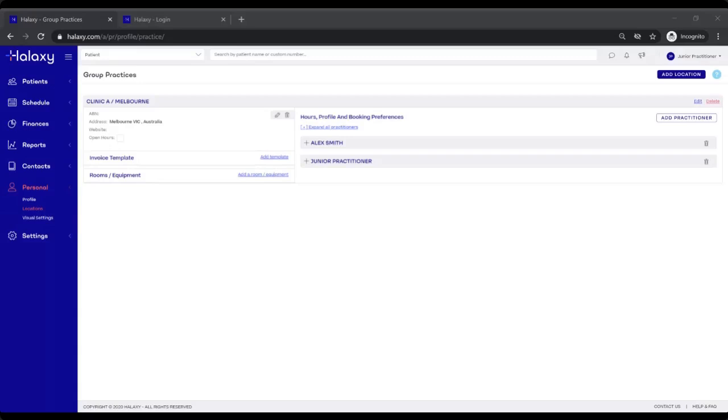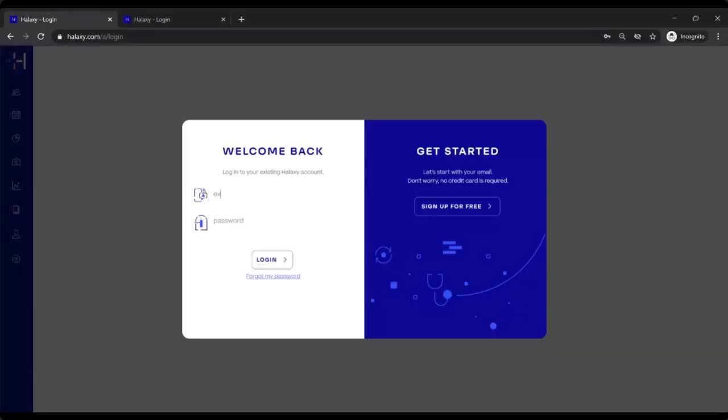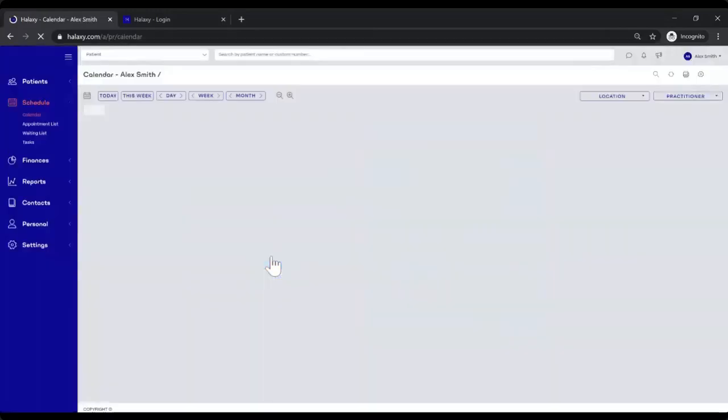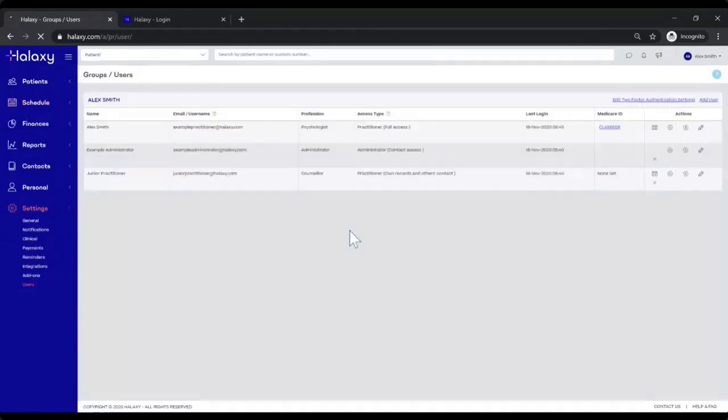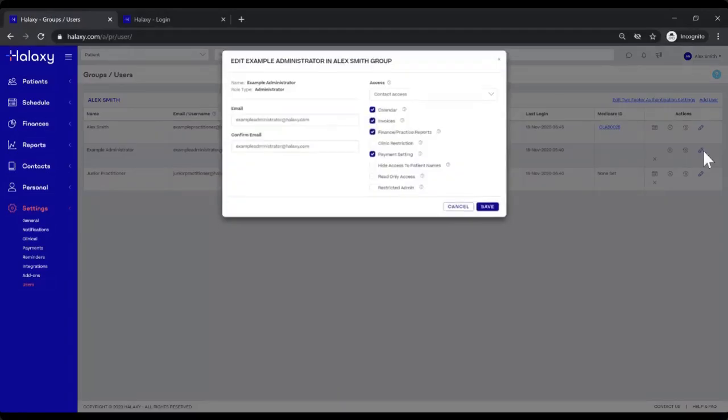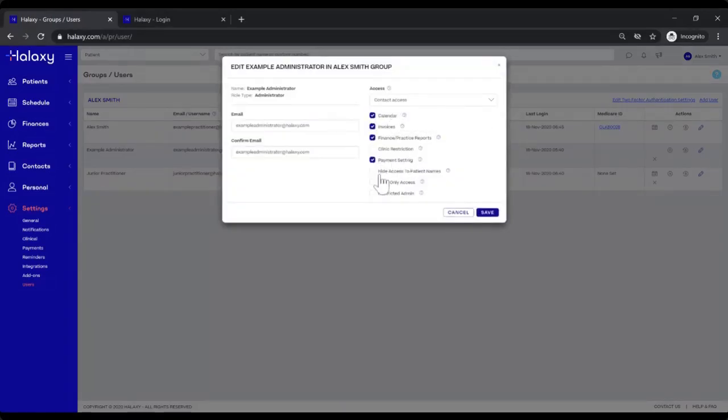Now, I did mention that there was an option to hide access to patient names, and that's another area that we'll cover just now. So if we log out of our junior practitioners account, we'll log back into our example practitioner account here. Fantastic. Clicking settings, users. And then from here, for our administrator, I'll click the edit icon and you'll see there's an option here called hide access to patient names. So if we tick that option for our administrator and click save,